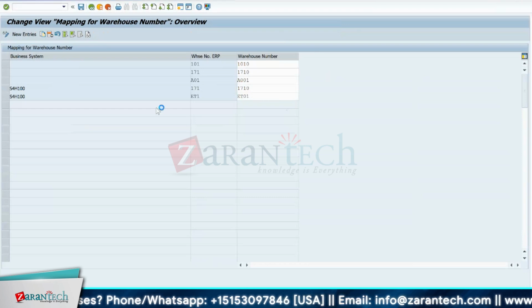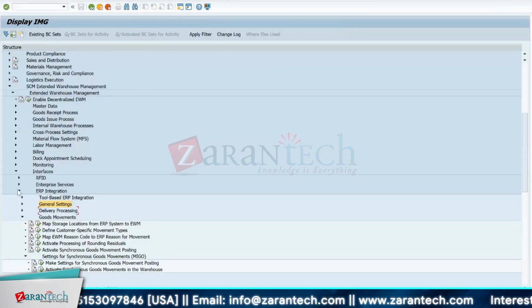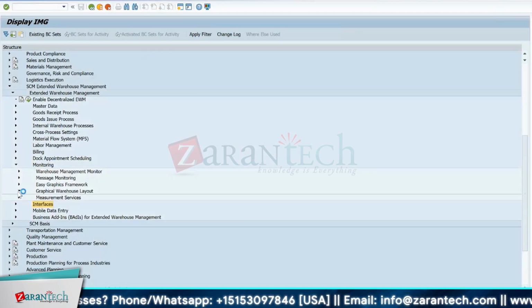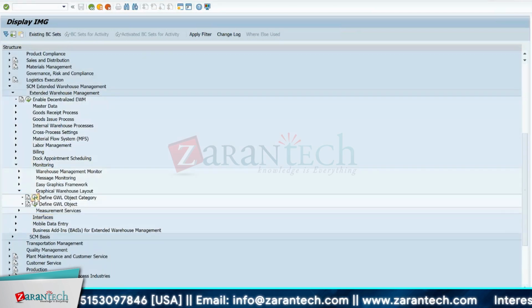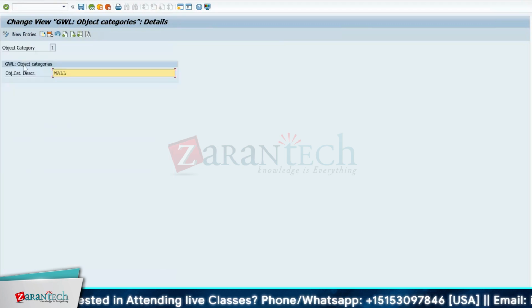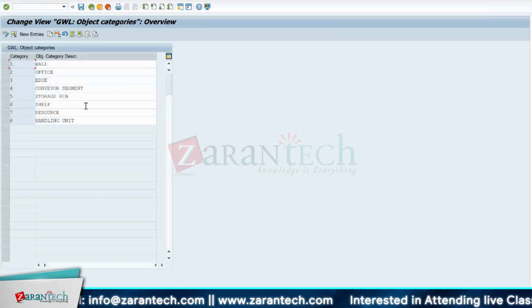Okay. So moving ahead now, we'll go into the graphical warehouse layout. The graphical warehouse layout is something which is used from a monitoring perspective. Okay, so you would see the configuration over here. If you go inside, you will find these are categories that are defined. Now, what are the categories? If you see over here, these are basically object categories, and the object categories have their own descriptions. So based on your warehouse layout, whatever you want to define,